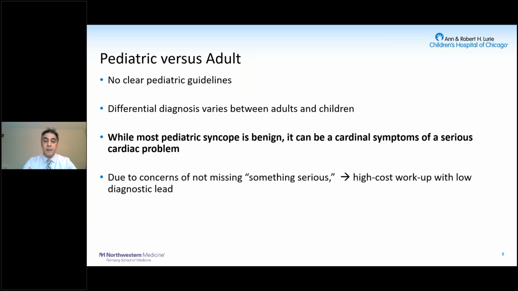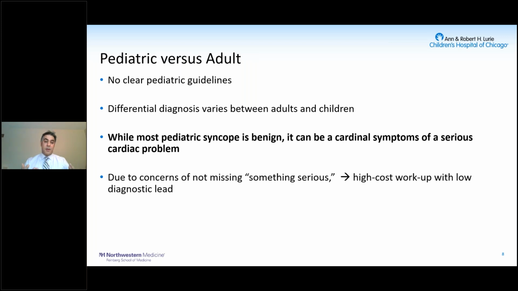That being said, syncope can be a concerning sign or symptom of a serious or dangerous underlying cardiac problem. And the goal of this talk will be hopefully to determine when this is concerning enough to do further testing or referral. When a patient has a syncopal episode, it is a very scary episode for them and their family. They or their parents think that there is seriously something underlying wrong, that they are going to die or something bad is going to happen. So it is a real life scary experience that patients and parents feel.